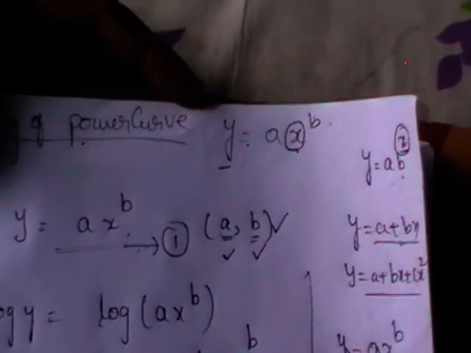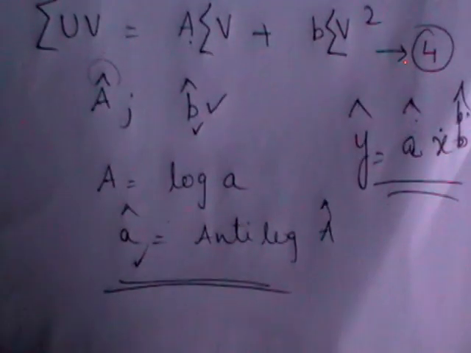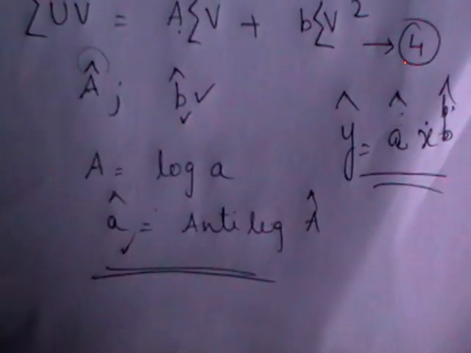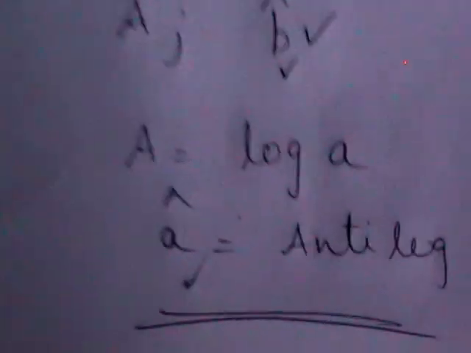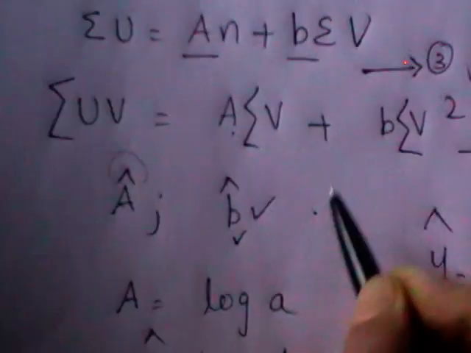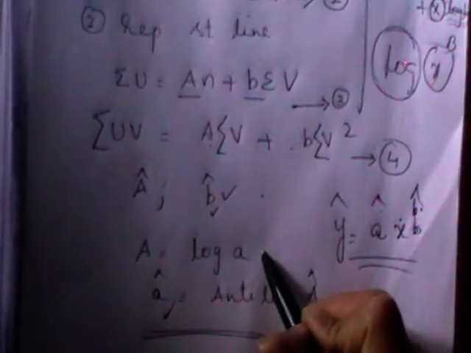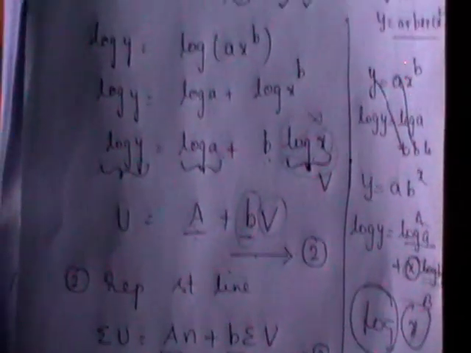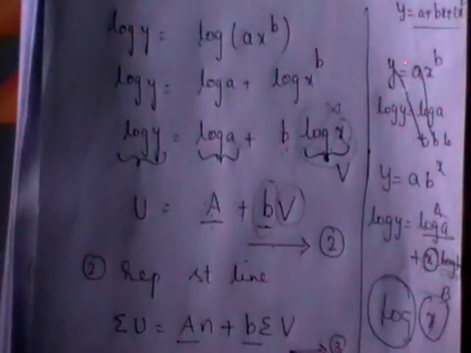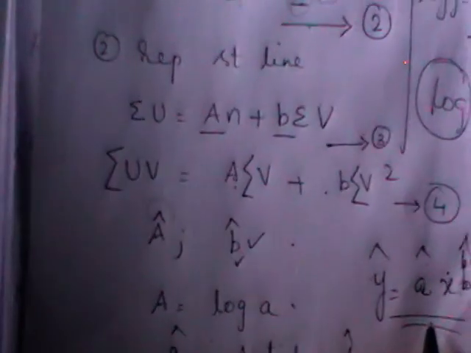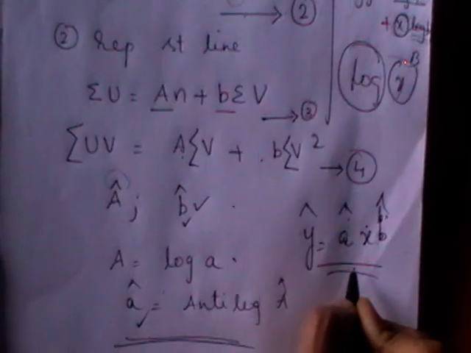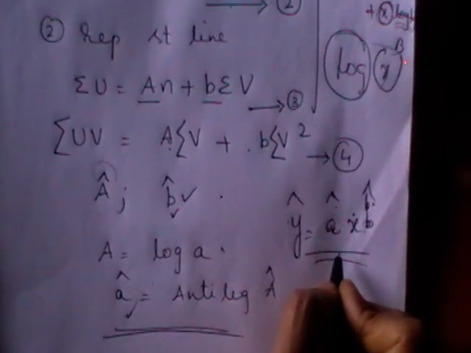Fitting of the two exponential curves follows the same procedure: taking the logarithms on both sides, converting them to linear form called a straight line, then writing the normal equations, finding either capital A, capital B or capital A, small b, and then again using the interrelation to calculate a, b. With these values, y hat is equal to a hat x power b hat will be the best fit for the given data. Okay, so in the next video I am going to discuss the problems. Okay, thank you.